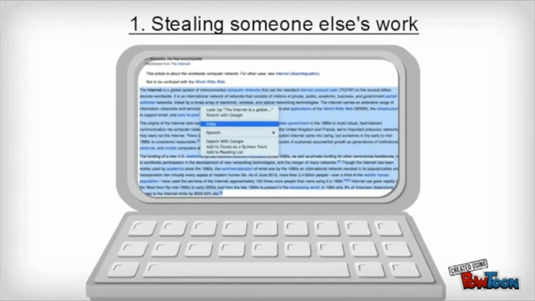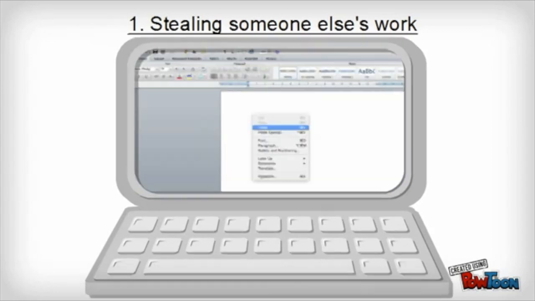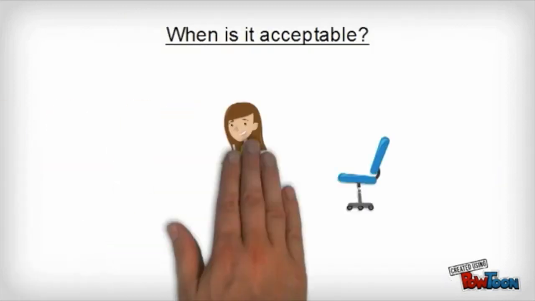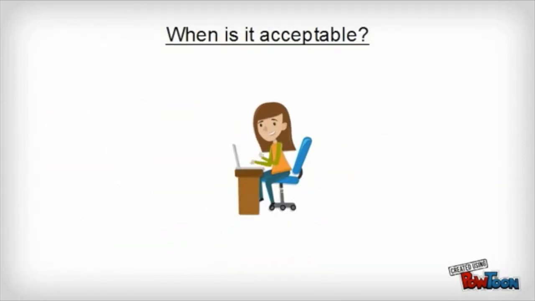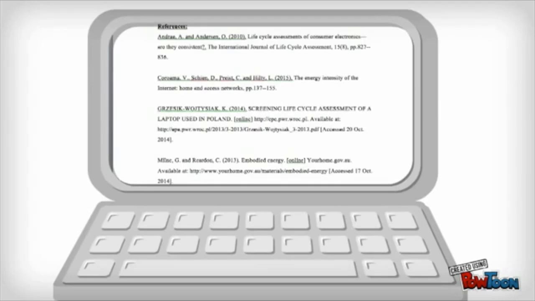For starters, it is important to define plagiarism because this is a main way that academic integrity can be violated. Plagiarism occurs when you use the ideas or work of another and you submit it as your own. Even when paraphrasing, you must cite the original text or author. The only time it is acceptable to copy and paste information is when you are directly quoting a source and a direct citation must follow.